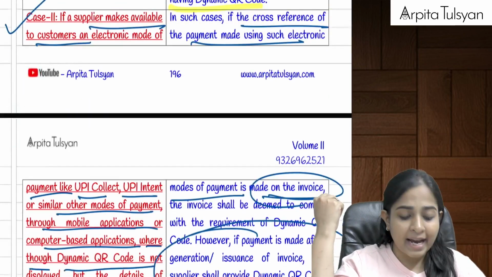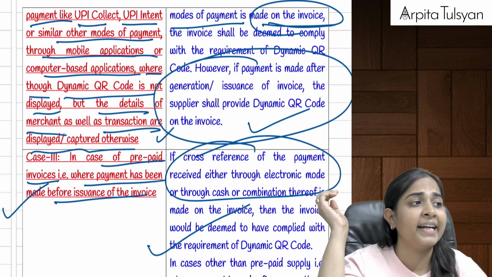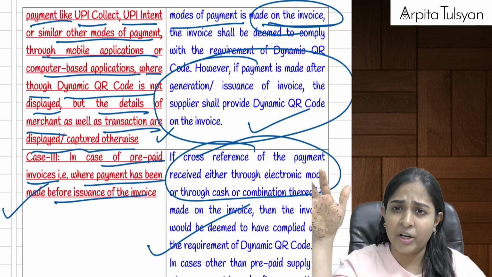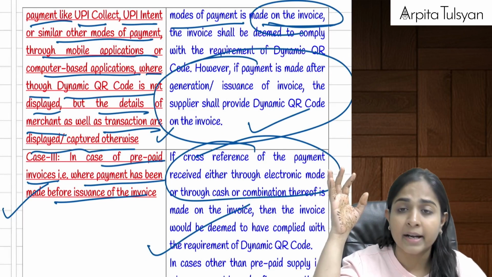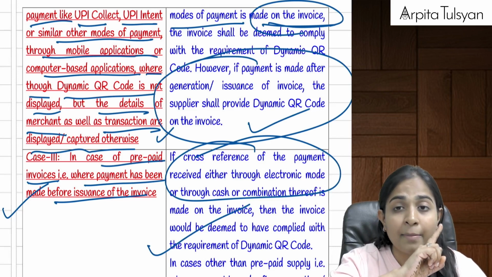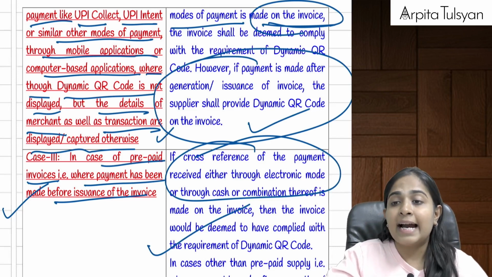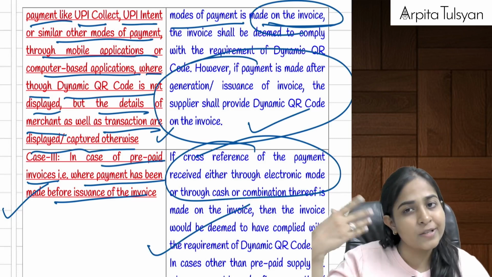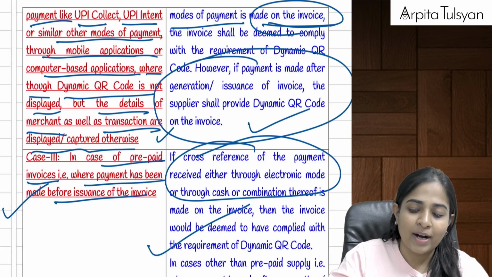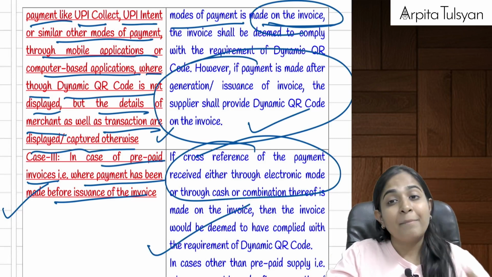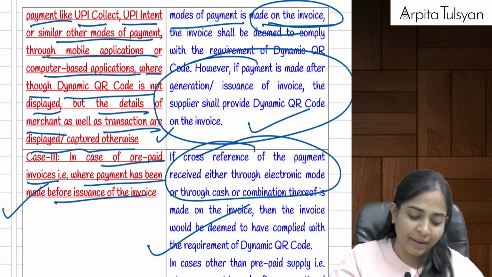Similarly, if the supplier provides him other payment methods like UPI collect, UPI intent, or similar modes, or any mobile applications or computer based applications for making the payment, and dynamic QR code is not displayed by us to the customer, then in that case, the customer will do the payment using those other modes. Okay, but in the invoice, we are required to display the QR code. Why? Because we did not display it to the customer earlier,